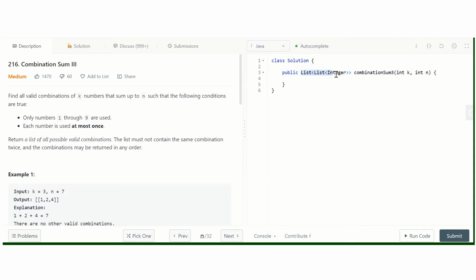We need to return the answer in a list, so let's create a list and name it answer, a new ArrayList. Then let's create a candidate list, also a new ArrayList.